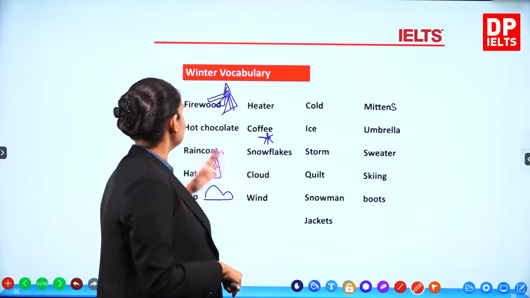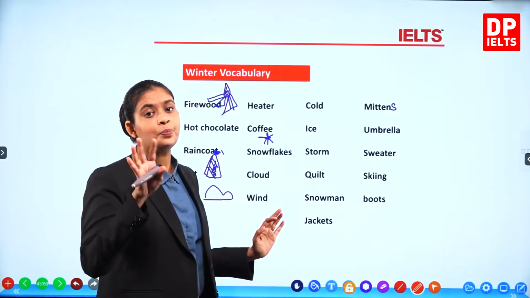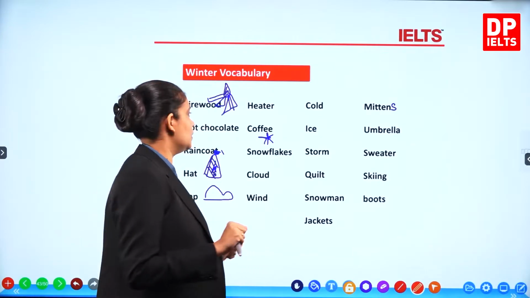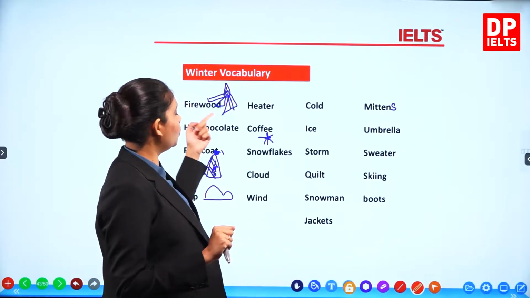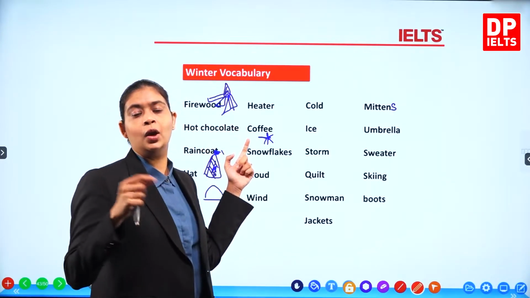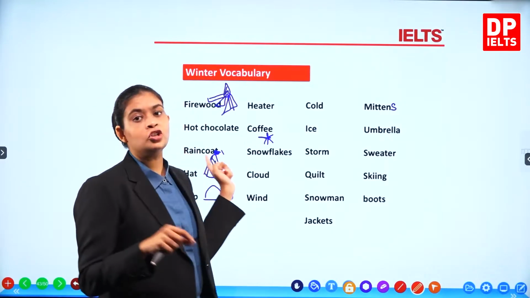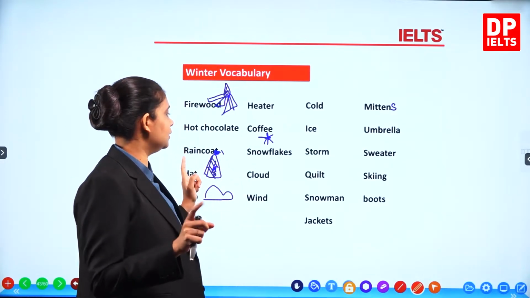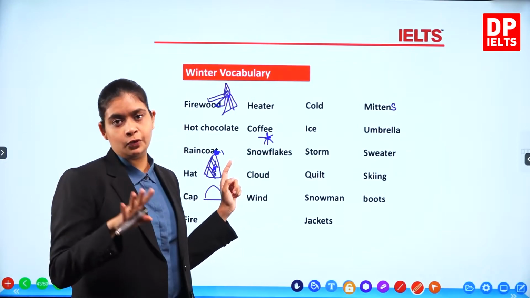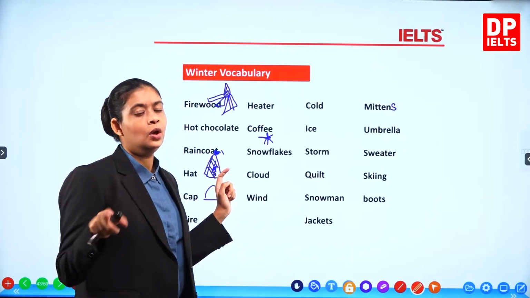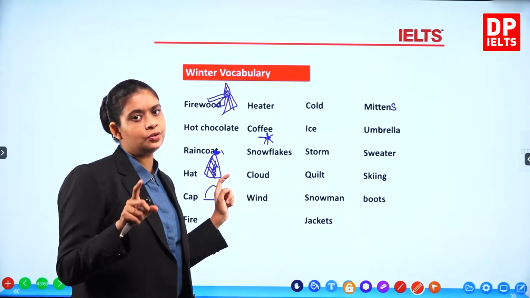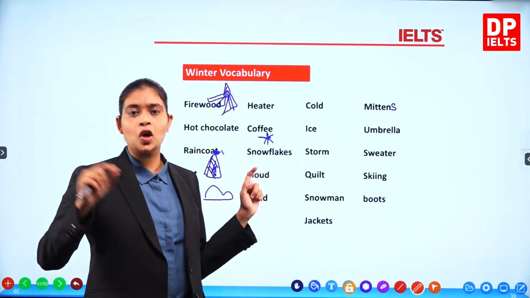Right? So let us have a look at the pronunciation of these words. Firewood, firewood. Hot chocolate. We learned this when we did food as well, right? When we were doing the food lesson I told you it's not "chocolate", it's "chocolate".